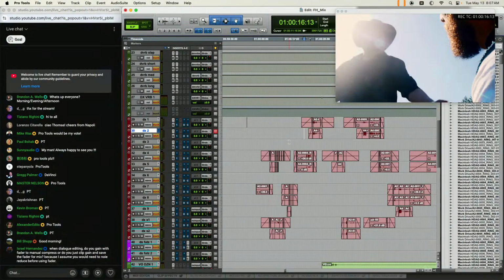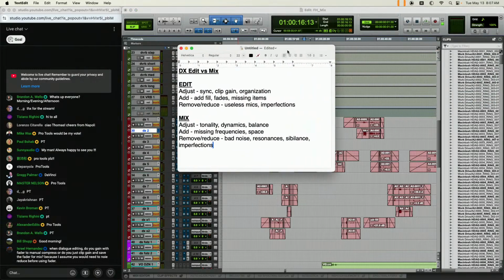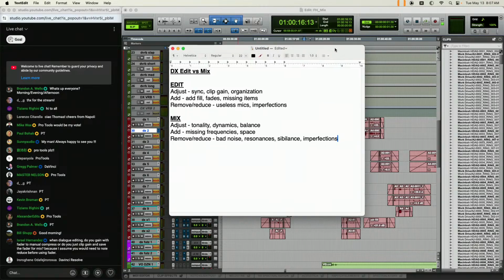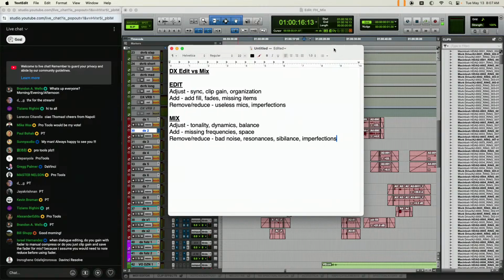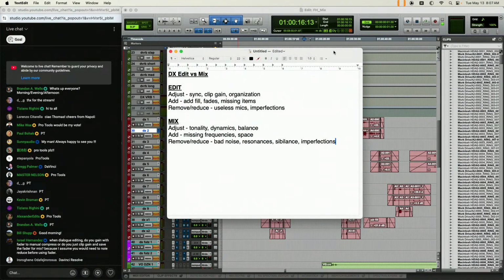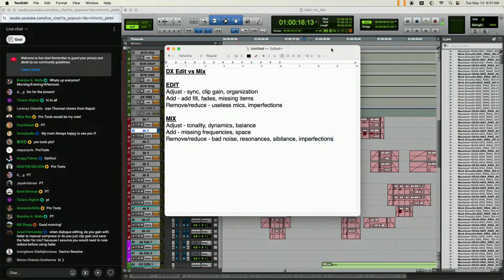So in Pro Tools, this is kind of the DAW we're going to be working on, but I did actually do an outline. I got my first real troll comment, and it was somebody saying that they were concerned I was on drugs and that I didn't know what I was talking about, which is true. The first part's not true. I'm not on drugs. I do drink coffee in the morning, and it's really strong coffee.